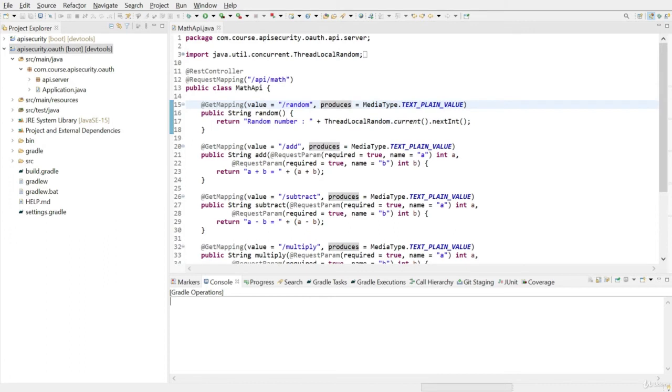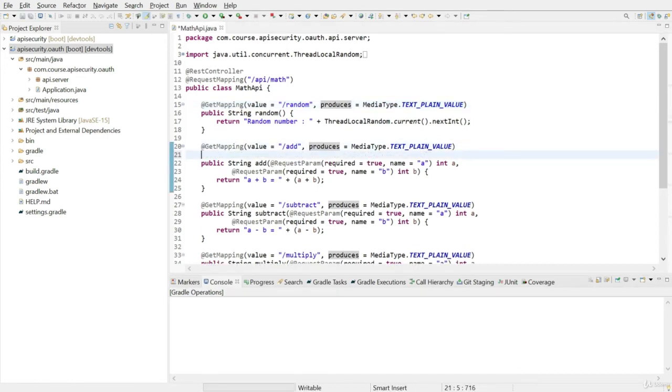Well, this happened because we haven't told our application that we need a certain scope to access a certain endpoint. Head back to the math endpoints and add the PreAuthorize annotation to do validation against scope. On the add endpoint, it needs to have scope math:add, so add this annotation.